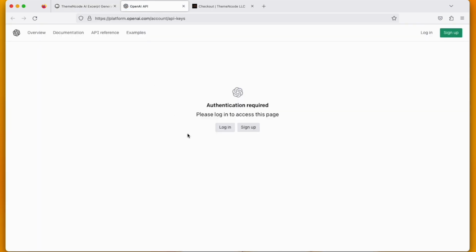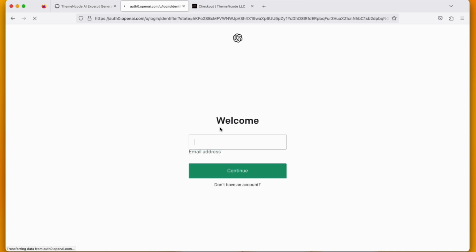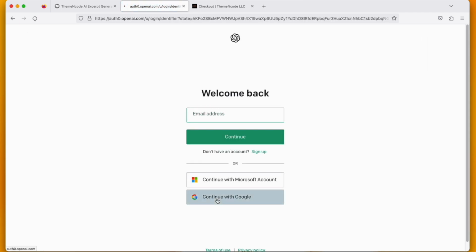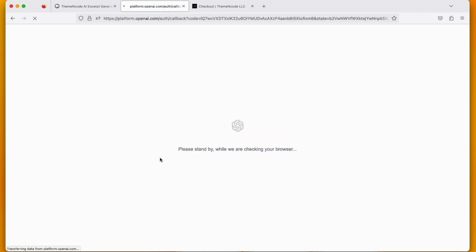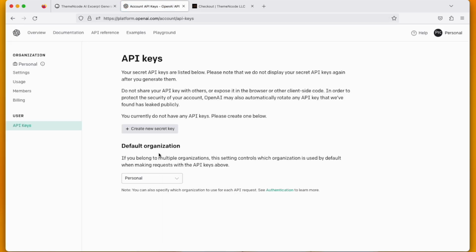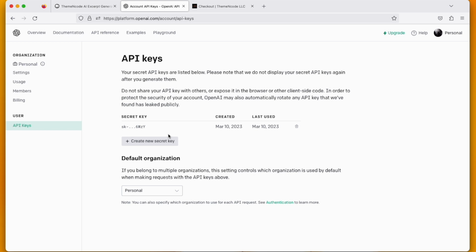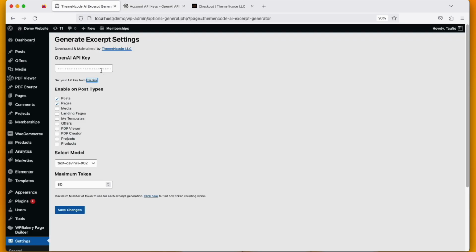It will take you to your OpenAI. If you don't have an account, create an account. I already have one, so I'm logging in. Here you will find your secret key. You can see this is my secret key, and I can create a new secret key by clicking the Create New Secret Key button. Then come on again and copy that one and paste it in the OpenAI API key